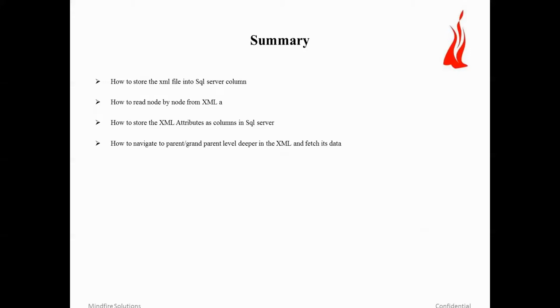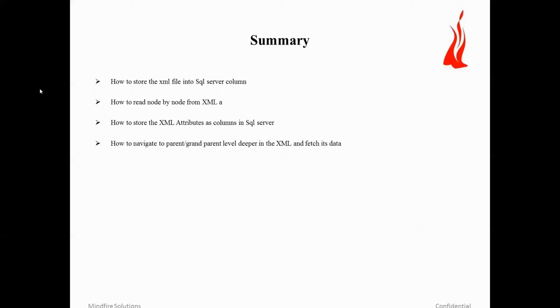For that we used the OpenXML function and the two internally defined stored procedures, sp_xml_preparedocument and sp_xml_removedocument. The prepare document takes the XML file and returns a handle to the XML document, on top of which we can use the OpenXML function to read out the XML attributes.